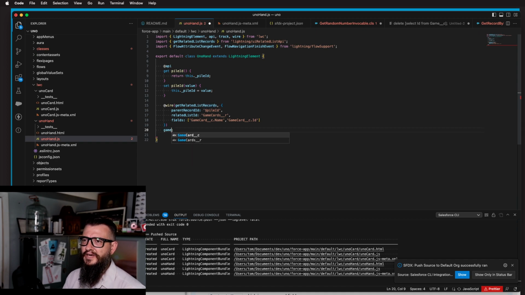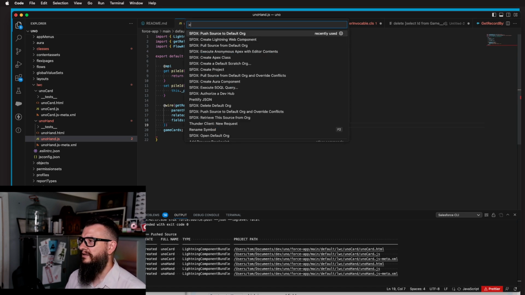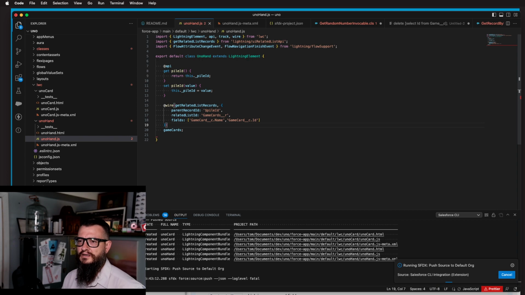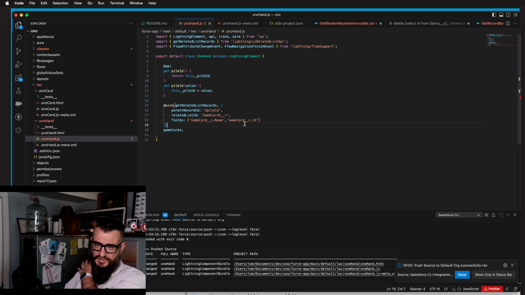Or, yeah, this is game cards. This is basically the hand. There we go. Okay, so now game cards is our property, and we could loop over those in